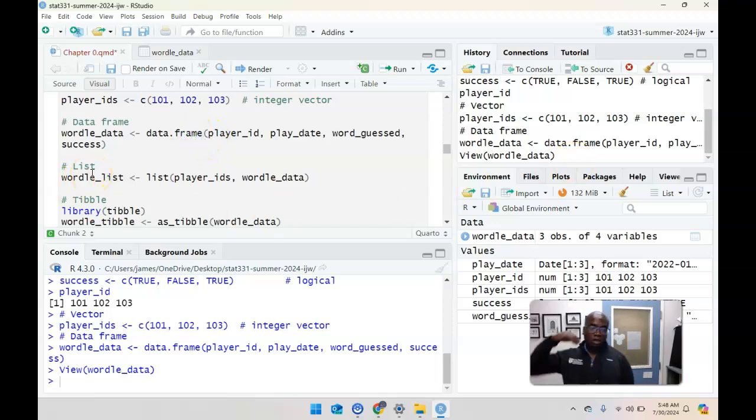After that, what we can also do is store information into a list. So what's a list? A list allows you to have different data types, whether it's a data frame, a vector, or even a list within it. So now I'm storing a vector, player IDs, created with c, and Wordle data, which is a data frame. Okay, so when I run this,